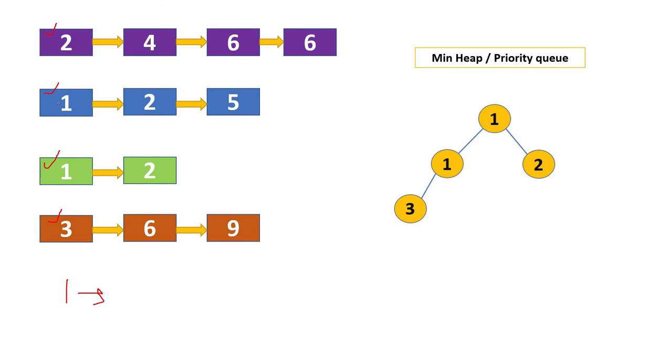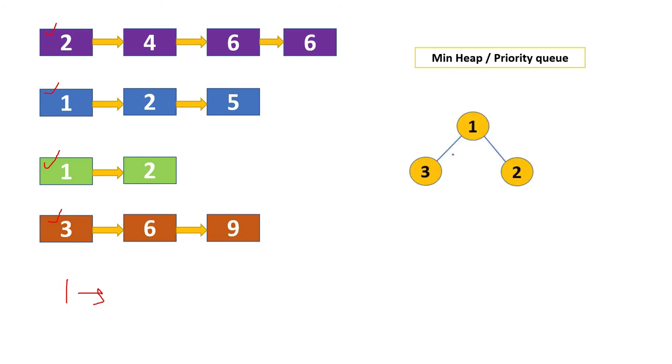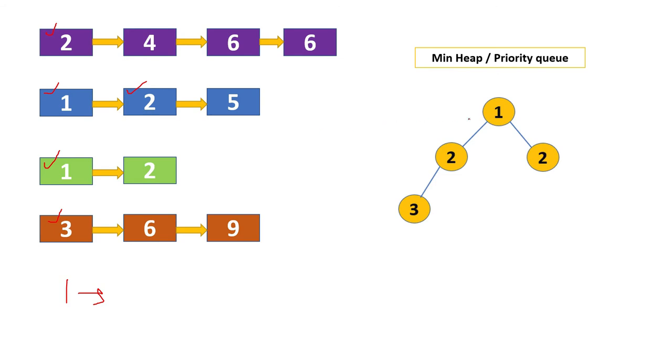Then that one we suppose get from here. Then we have to insert the new element. First we have to pull the element from the root. So it will become 1, 3, 2, and then we have to insert this node. So 2, 2, 1, 3. Now 2, 2, 1 and 3 elements are there in the heap, and it will readjust itself. That will become 1, 2, 2, 3, and our root element will again be the minimum one. So that will be our next result.